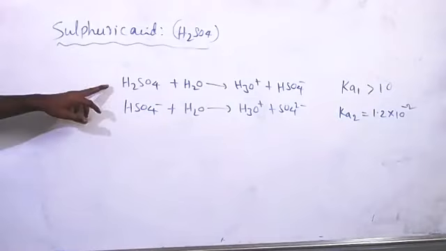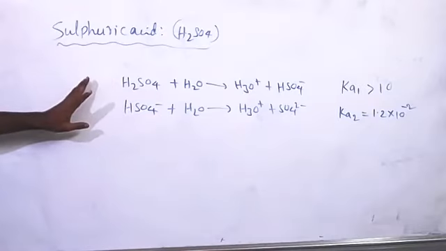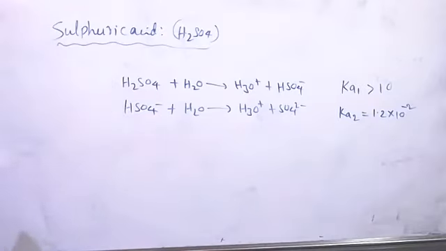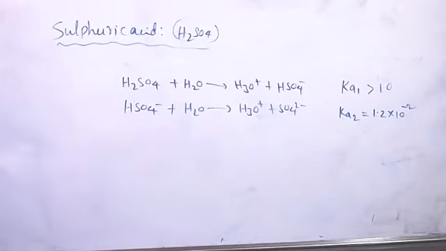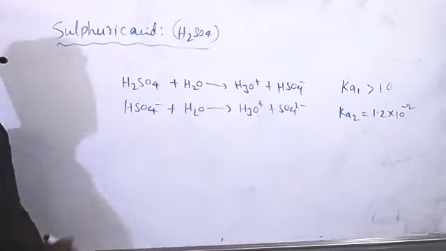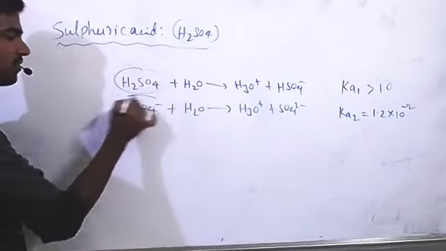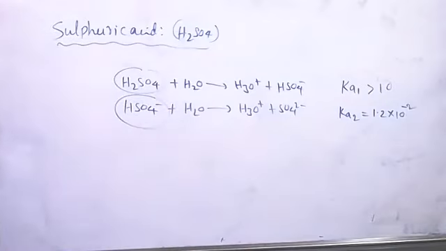See, the first means H2SO4 is an acid. It can easily provide one H plus ion. And while providing the second H plus ion, it is somewhat difficult here. So they have given some explanation why. The large value of Ka1 means that H2SO4 is largely dissociated into H plus and HSO4 minus. So here the question is asked, in these two steps, which is a stronger acid, H2SO4 or HSO4 minus? Which is the stronger acid?